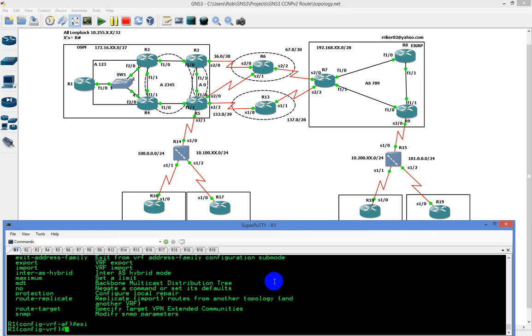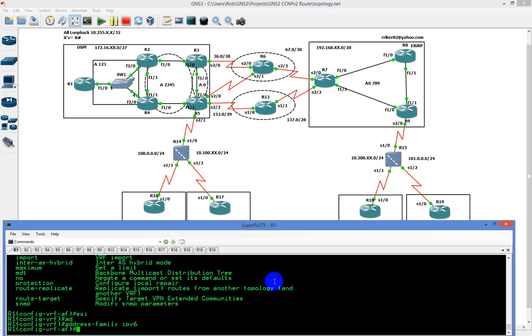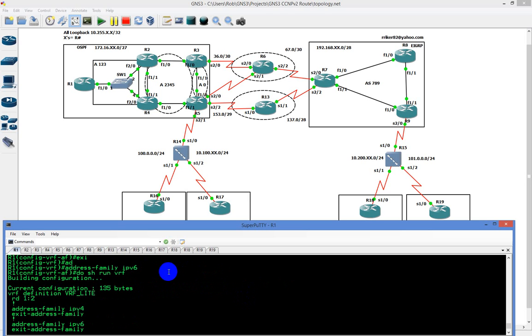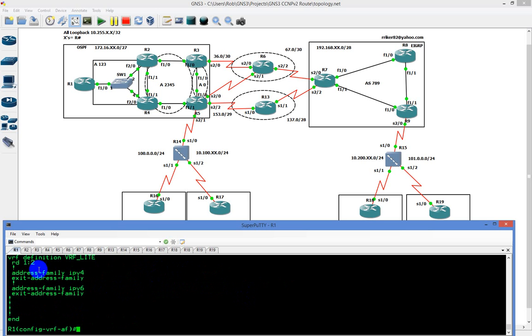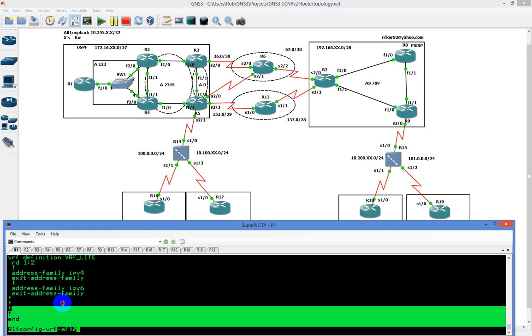The next thing we're going to do is address-family ipv6. I'm going to activate it now so that later on it's already done. We could just go ahead and kick it right out. I'm going to do the exact same configuration on the other side. Now if we type in do show run vrf, here we have it. Now what I get to do here is go over here and copy this information over to